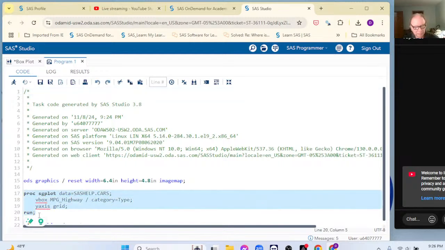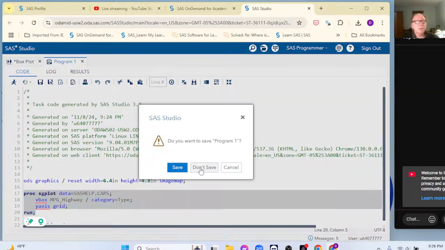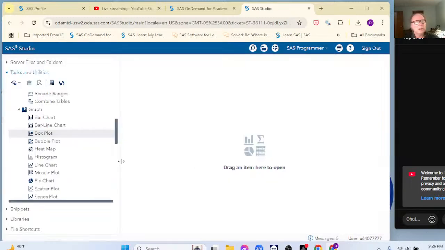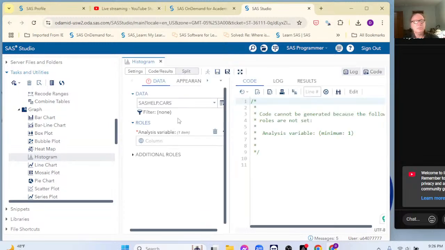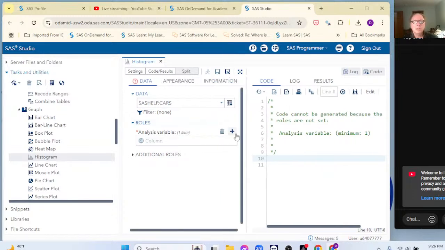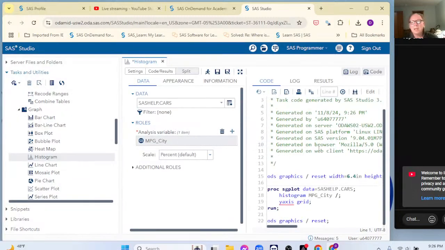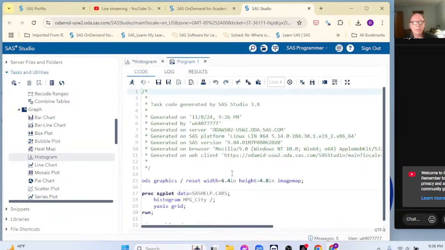Okay, so now let's say you want to have more than one plot on your thing. What you can do is you can edit this. You could come down here. We could save this. Okay, close that. Because I don't think you could have more than one